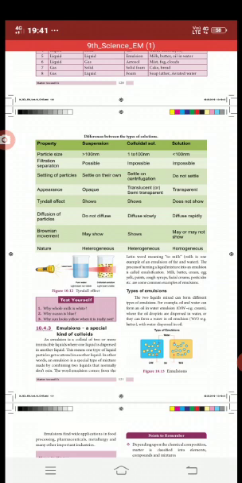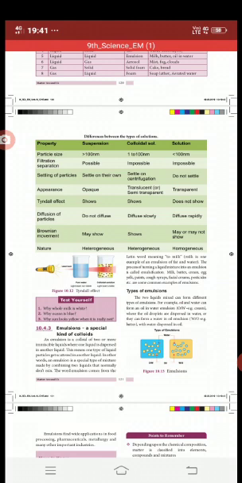So the next is the Tyndall effect. This is a property of the colloidal solution. The colloidal solution and the suspension can show the Tyndall effect, because the particles present in the colloidal solution and suspension make the path visible, but a solution does not show it. The Tyndall effect cannot be shown in the solution.